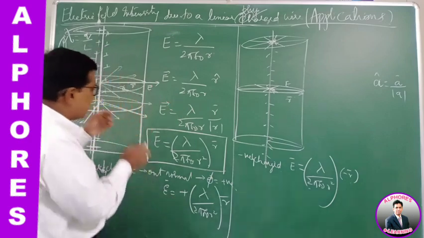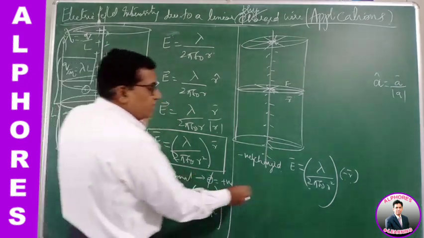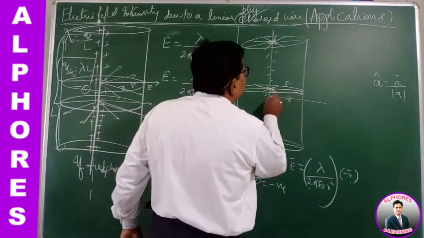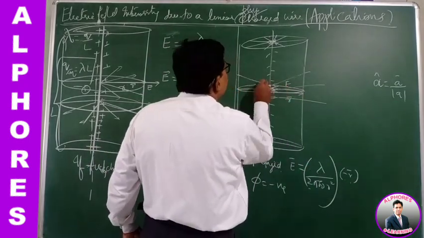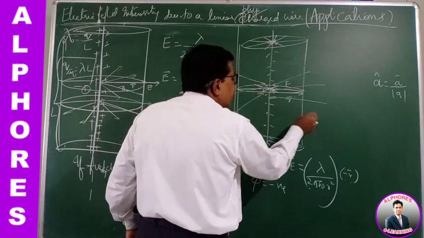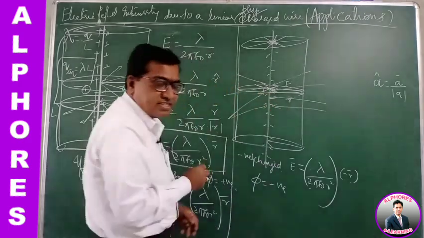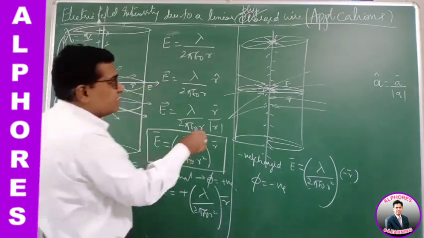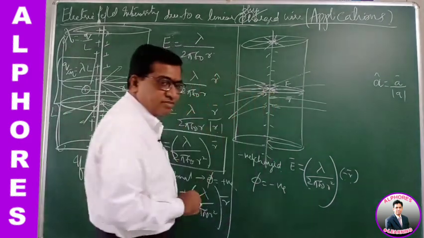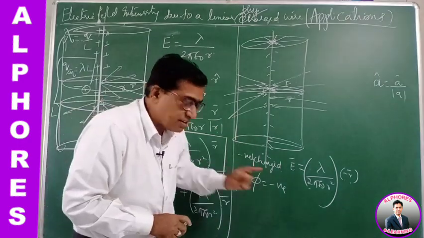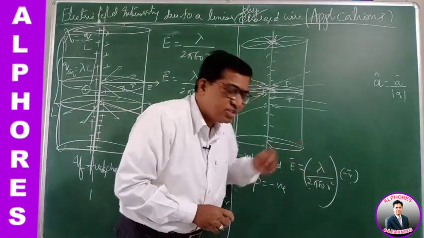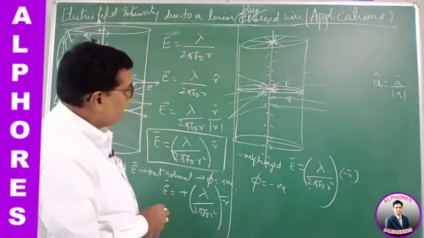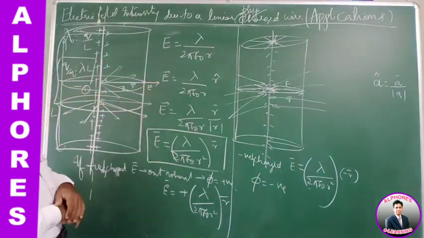So for positive charge, the flux is outward. For negative charge, the flux will be negative because it is inward flux. The lines of force come inside through the Gaussian surface. They enter into the Gaussian surface, entering flux. Here it is emitting flux, emerging flux. Here they are entering into the Gaussian surface, so the entering flux is negative. E direction is opposite to the radius vector, and the magnitude is like this. Vectorially, the electric field is represented in this direction.